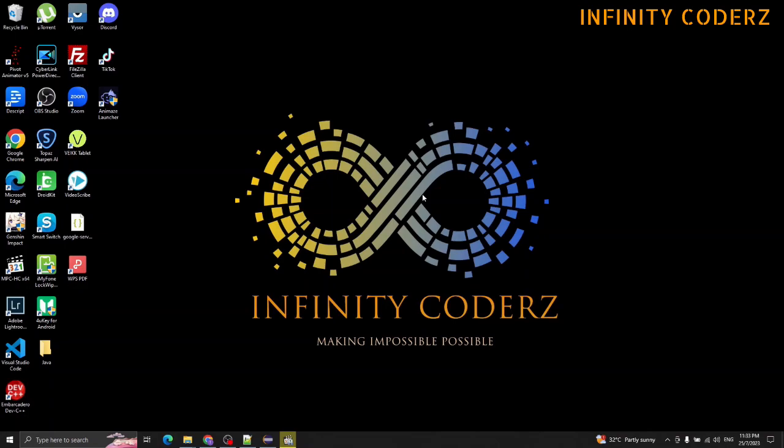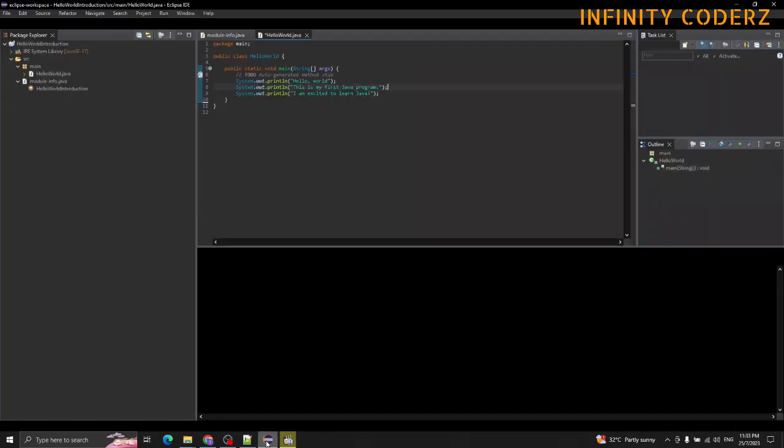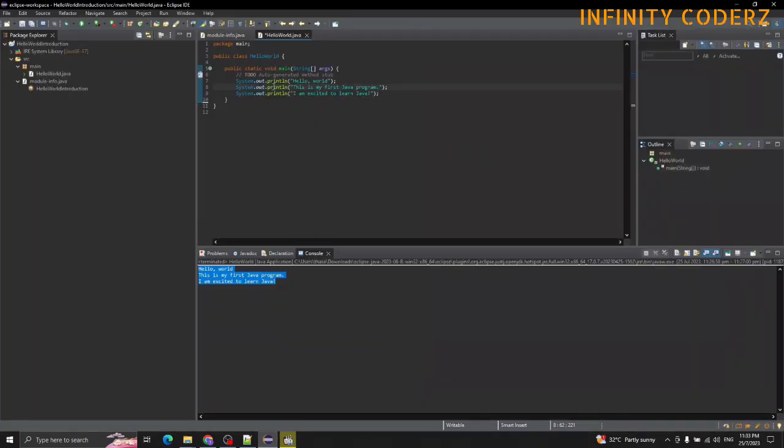In this video, we will provide a step-by-step guide to help you set up and run your Java code on your Windows machine from the Eclipse IDE. We will focus on setting up Eclipse, a popular integrated development environment, called an IDE. So this is how it will look at the end. Once you make the installation and setup, you are able to run your code from the Eclipse IDE.